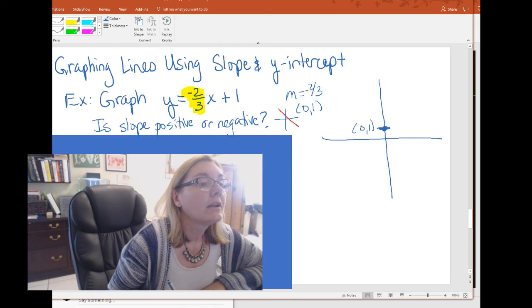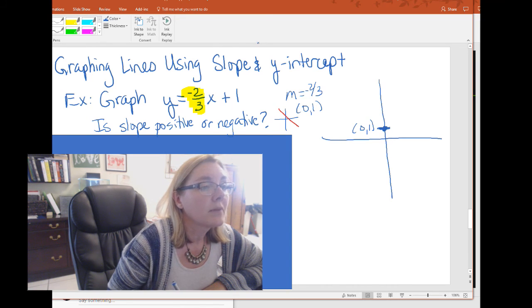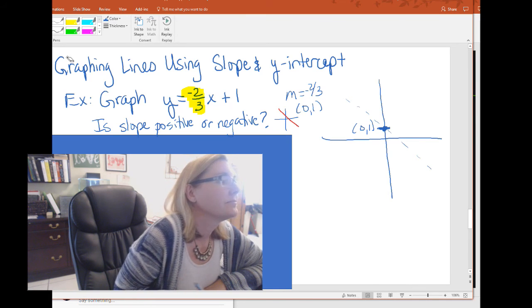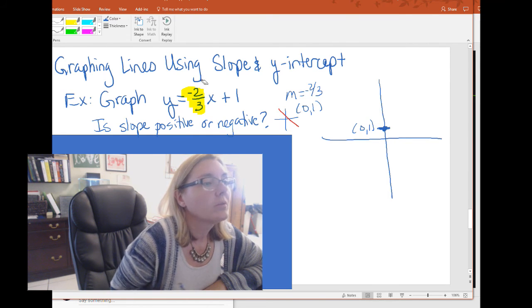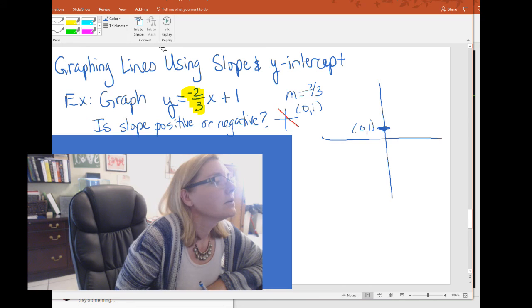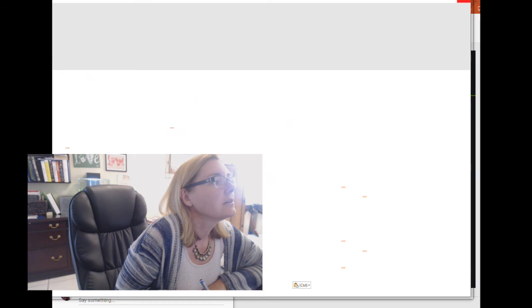Now I know that this is a negative slope, so my line is going to go something like this. The next point I plot is either going to be up and to the left or down and to the right. So let's figure out what we're going to do here. Rewrite your slope in